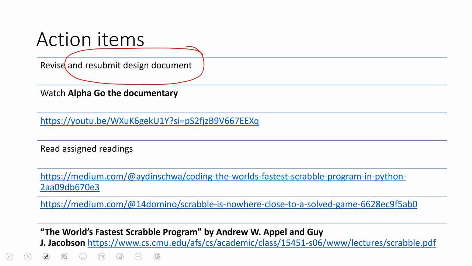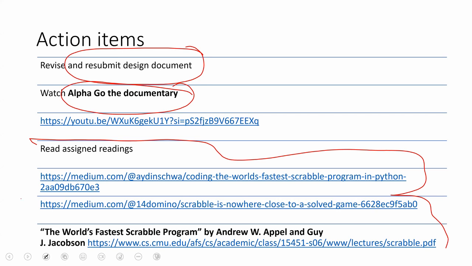So that's one. जो मेरी स्टार्टिंग क्लासेस थी और पिछली क्लास थी उसमें आपसे कहा था कि आप अल्फागो की डॉक्यूमेंट्री देखें. अगर आपने नहीं देखी है तो you don't have to watch it for the quiz. This will not be tested for the quiz. ये असाइन रीडिंग्स थी for this week. इसमें से ये जो पीस था which was the fastest Scrabble program in the world, this was an important piece. If you had read it, that is great. If you haven't read it so far, it's okay. You don't have to worry about it. This will not be coming up in the quiz.